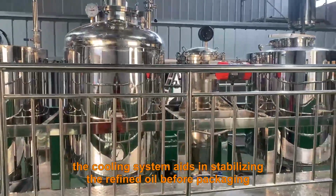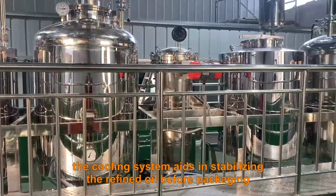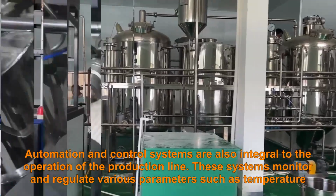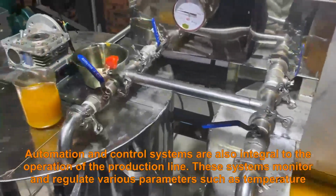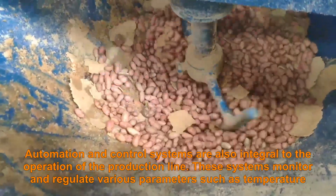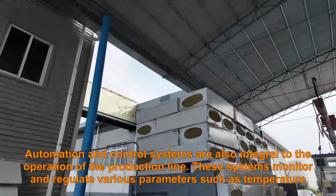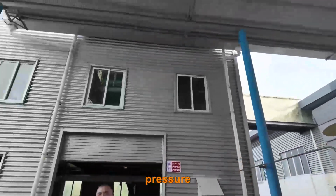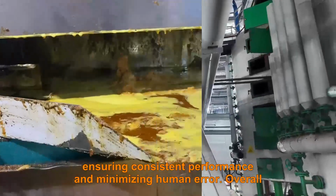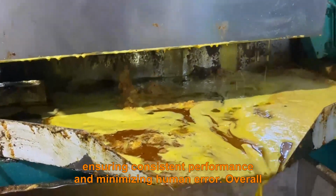Additionally, the cooling system aids in stabilizing the refined oil before packaging. Automation and control systems are also integral to the operation of the production line. These systems monitor and regulate various parameters such as temperature, pressure, and flow rates, ensuring consistent performance and minimizing human error. Overall,